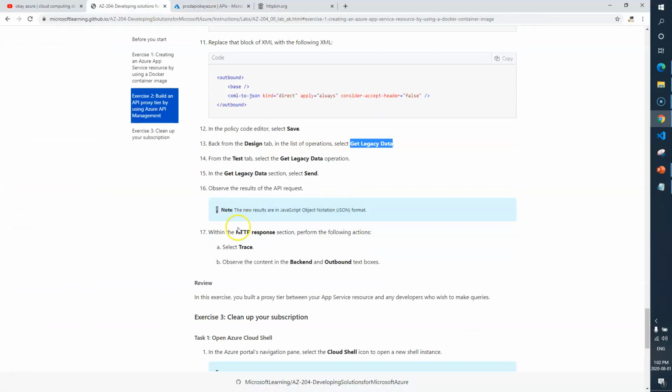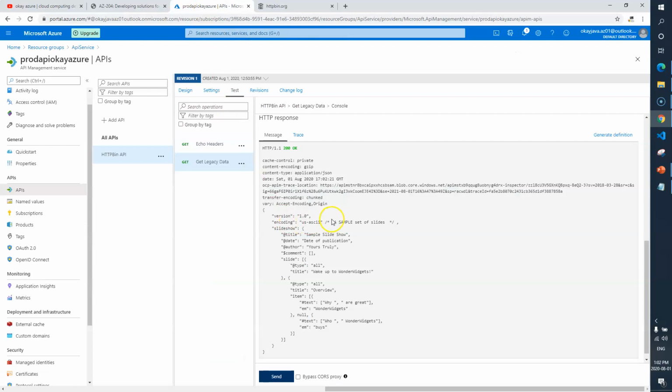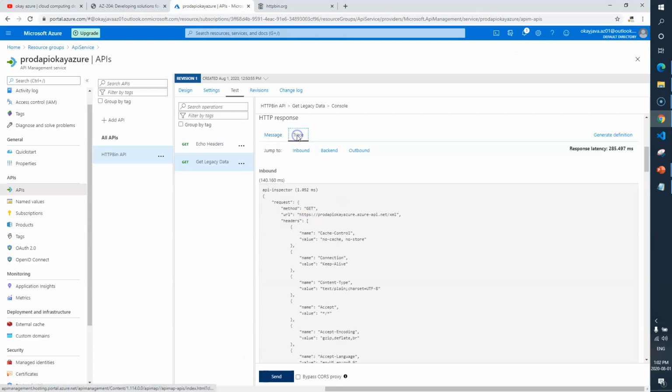Perfect. Now within the HTTP response section, perform the following actions. Select trace, observe the content in the backend and outbound text boxes. So within the HTTP response here, select trace. Here we need to see the inbound and outbound.